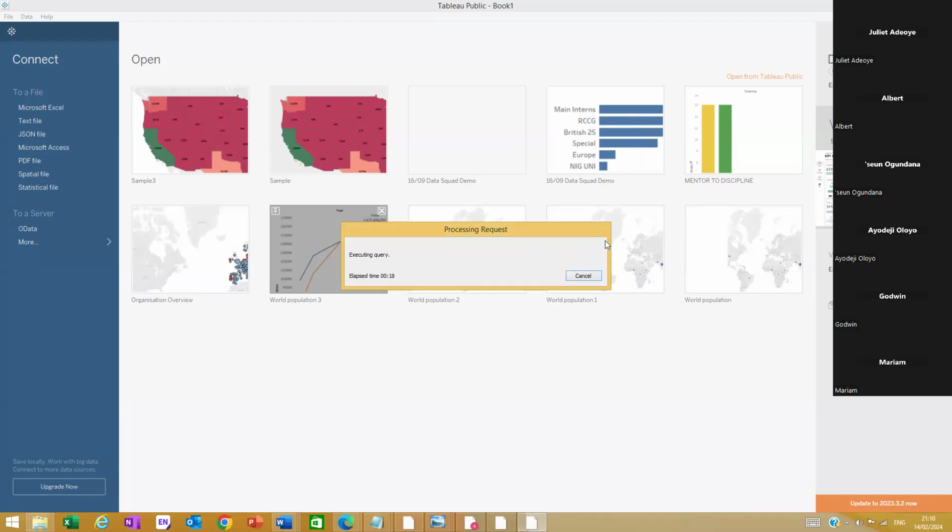So good evening once again. So what we'll do today is we look at the bar charts, we look at the pie chart, we look at the maps again. Then I will teach us dual axis, and I will just show us some little calculations within